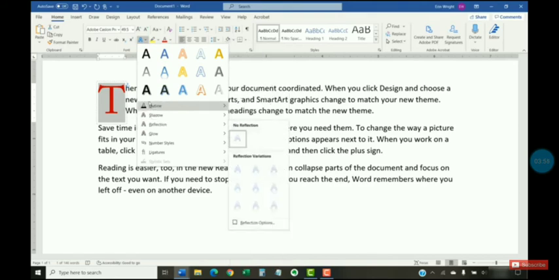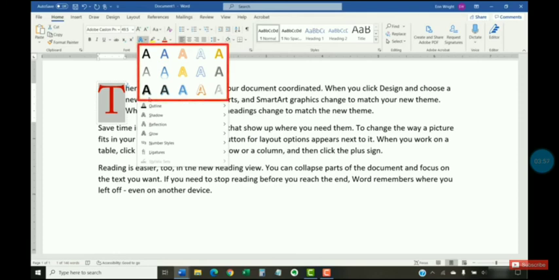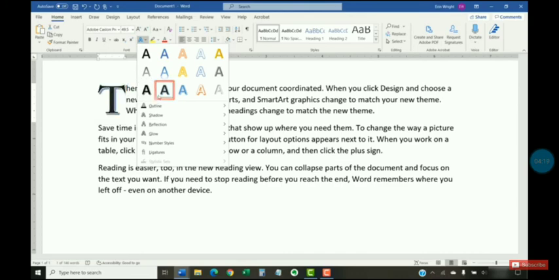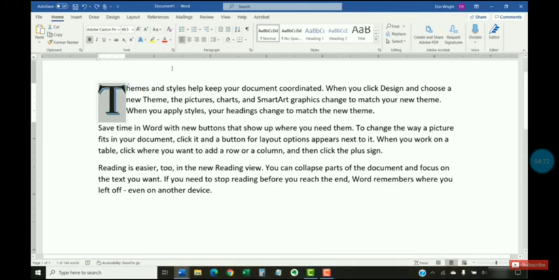Now the next are different outlines, shades, reflection, glow, number style. Those options are there, so you have to choose any one from these. Keep changing and selecting the style; you can keep changing the options, whichever one you prefer. Like I have chosen this one, so it will display like this. The outline is coming, a black and blue outline.